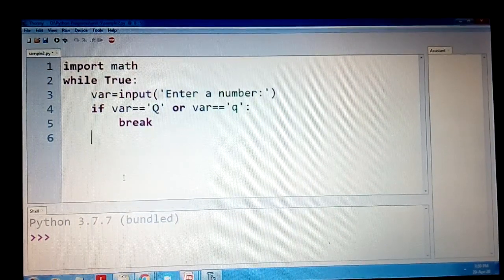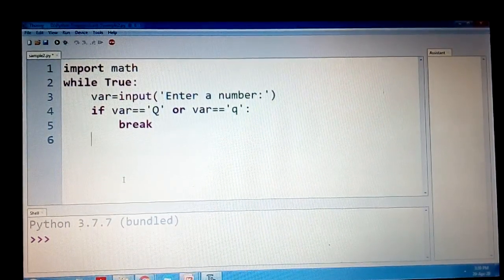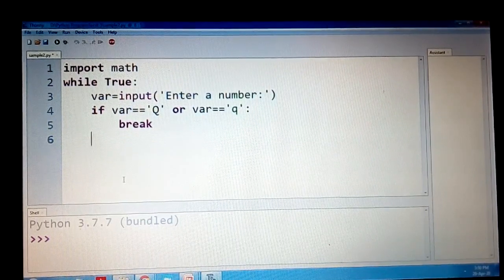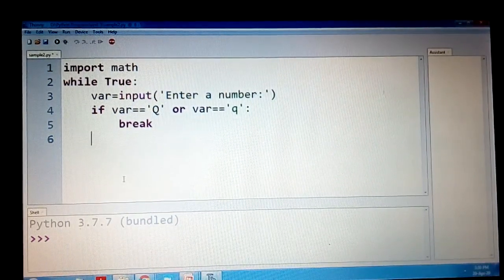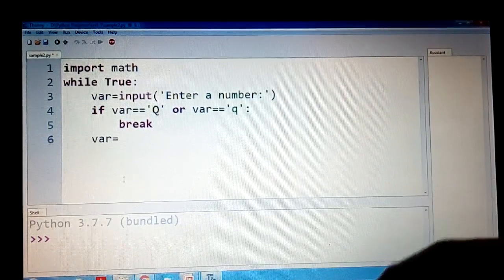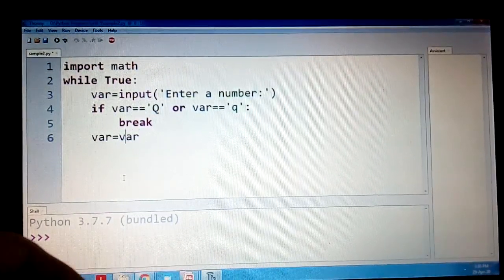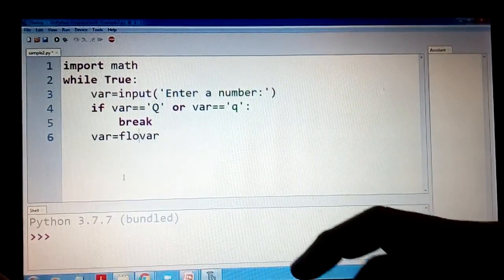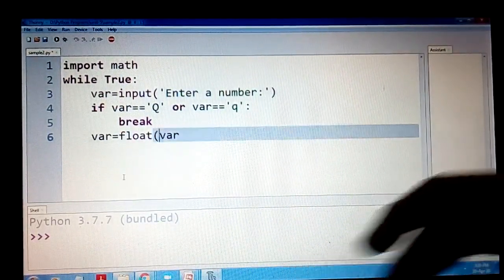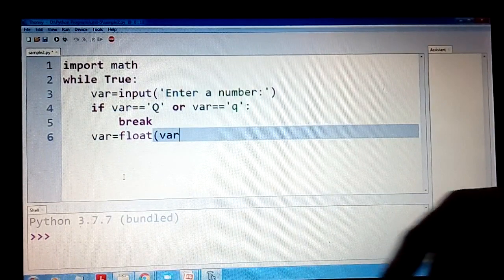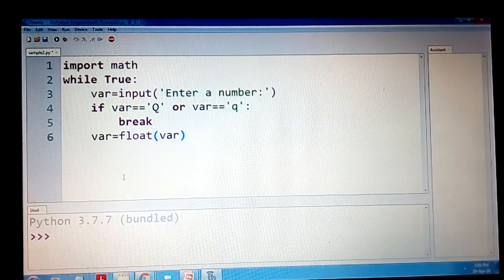Otherwise, if my entered value is not q or Q, I need to check whether it is my number. To convert it to a number, you know that you need to say var equals float of var. We'll convert it to float because we can have any positive number.